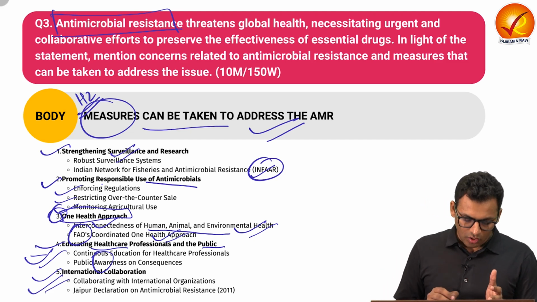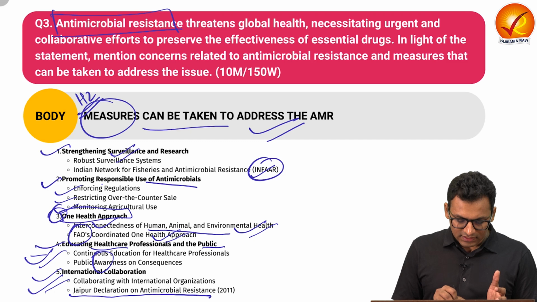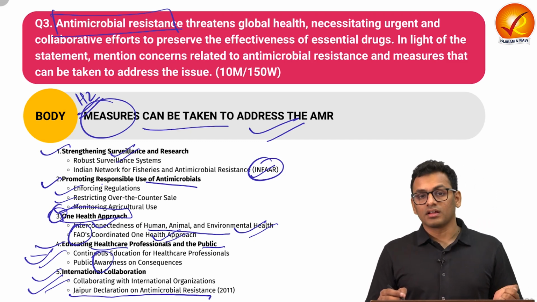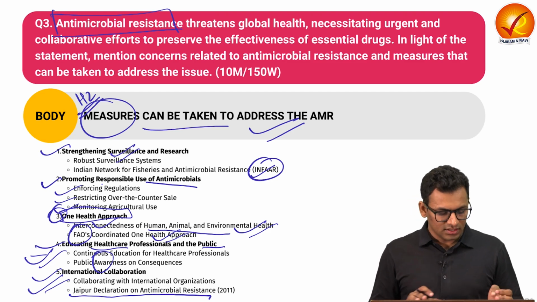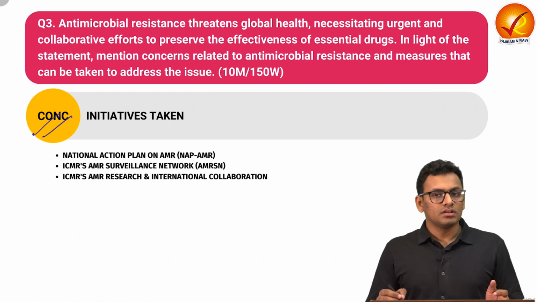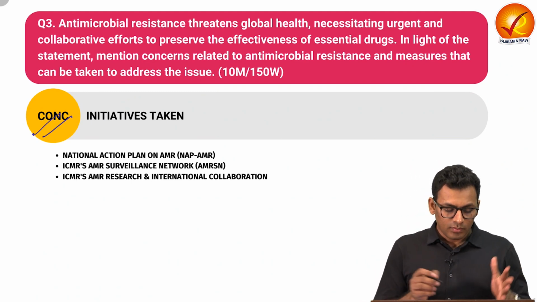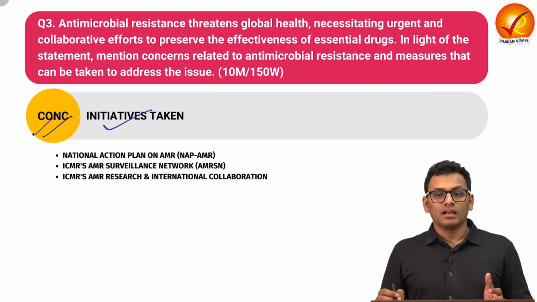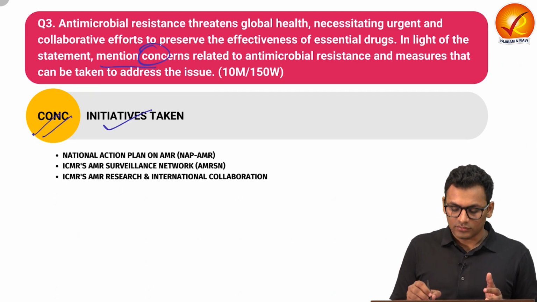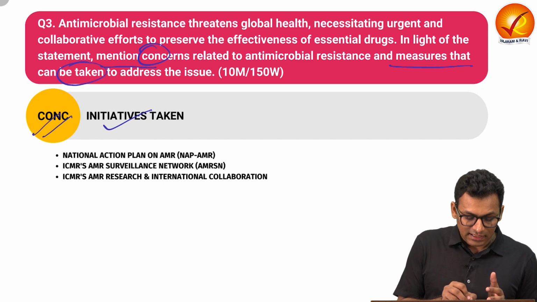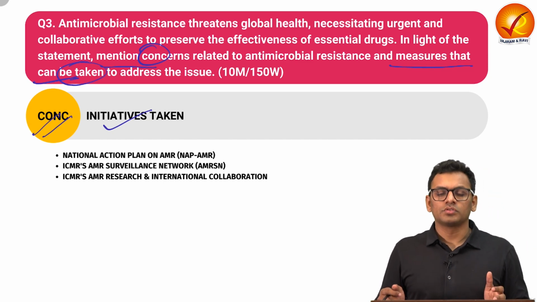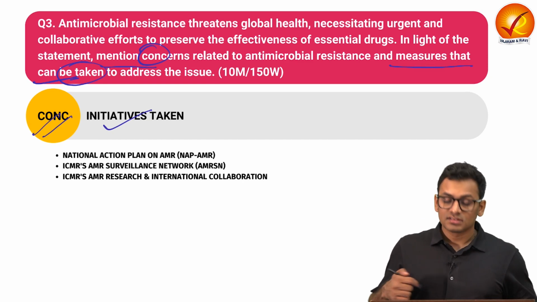So that is something you can talk about. You can also talk about a certain declaration, the Jaipur Declaration on AMR. So that is something you can write in heading 2 of this body. Now let's move to the conclusion. Over here you have the opportunity to talk about initiatives taken. If you see the flow, we have talked about the concerns, we have talked about the measures that can be taken. So in the conclusion, you have the opportunity to talk about certain measures that are